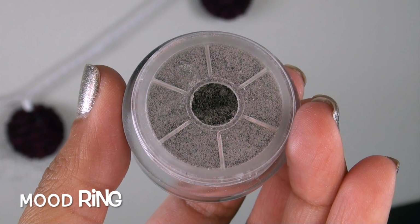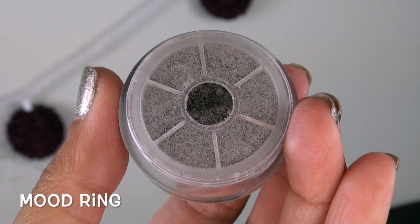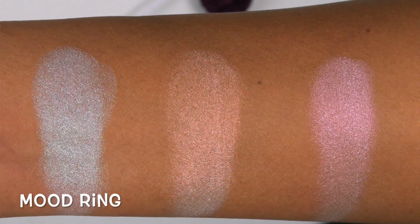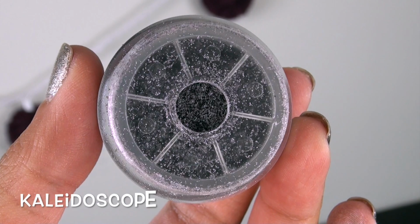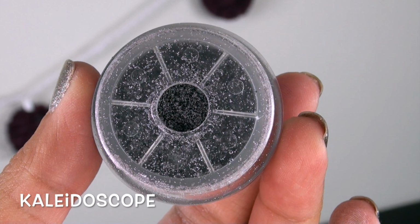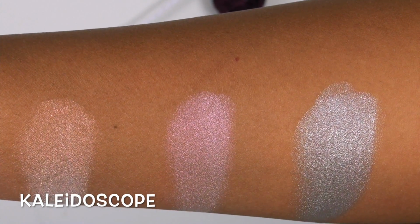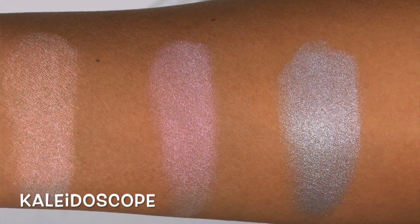The next shade we have is Mood Ring, which is a pale gray base with purple pink reflex. It's kind of like what I wanted the Rockstar pressed eyeshadow to be, but this one is infinitely better. Next up we have Kaleidoscope, which is described as a slate blue base with pink, purple, and teal reflex. And Marlena describes this color as like a quadrochrome because it flashes so many different colors depending on the light